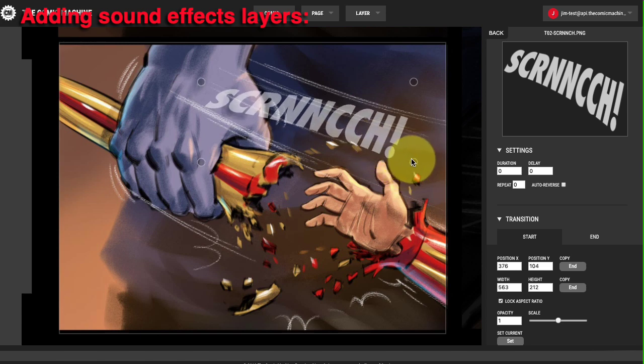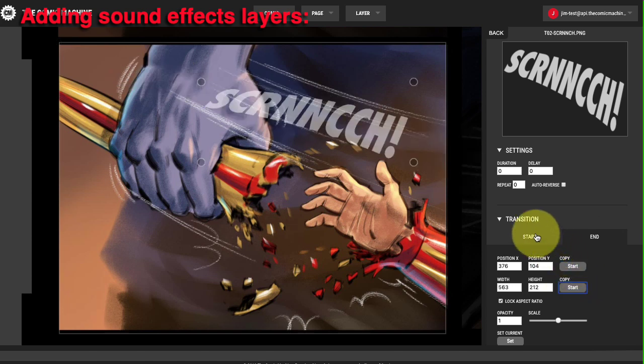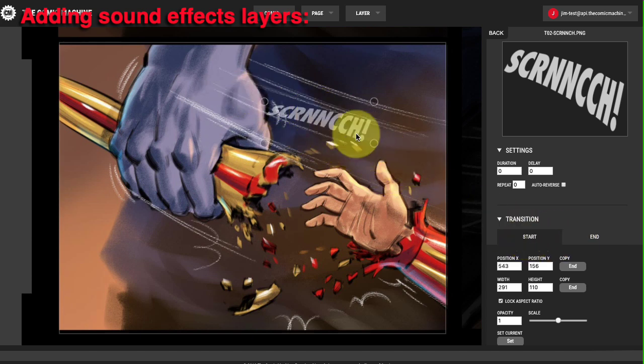I'm going to size it down here, copy the dimensions and size to the end. So at the beginning I wanted to reduce the size so it actually pops out. Okay, and again maybe I'll make the opacity all the way down to 0,